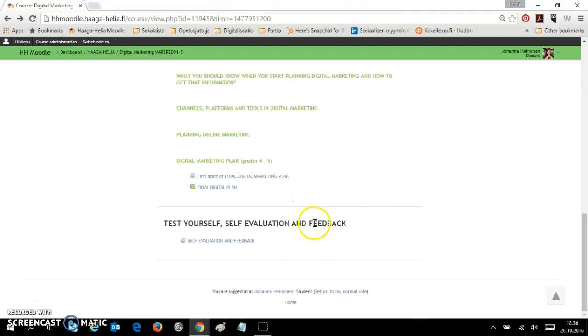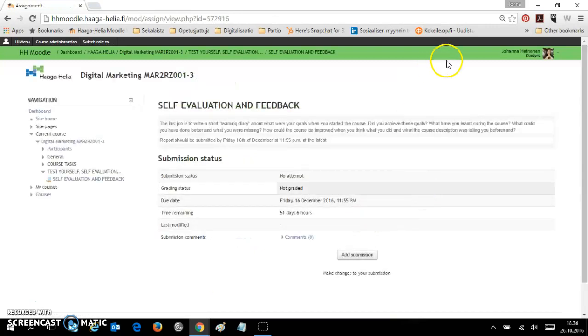And then the last box is the test yourself and self-evaluation. So test yourself is still missing because, as I told you, most of the questions will come from the lessons, and since the lessons are unfinished, the test yourself is still unfinished, but it will show up here. But there is self-evaluation and feedback, and this is the learning diary form, where I just want to hear your own thoughts, what was new, because it's not only whether it was a good course or a bad course, but I want to hear what you learned and what you could have learned more and so on, so I can also evolve this course.